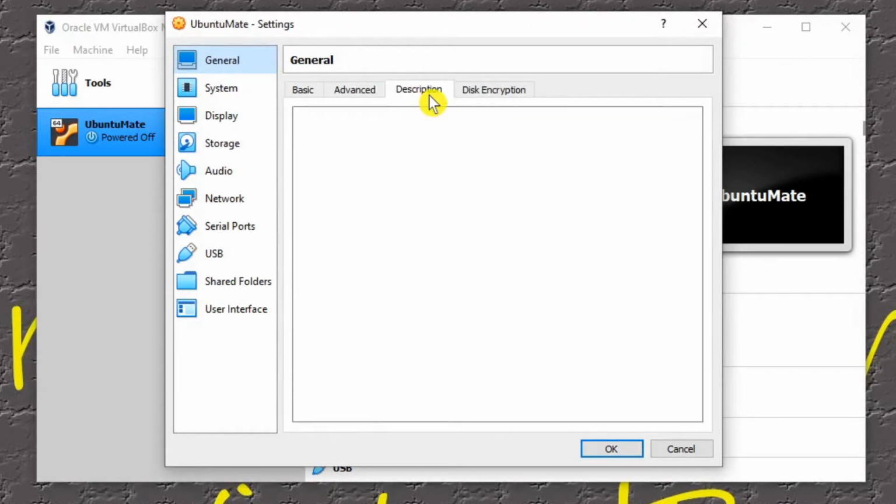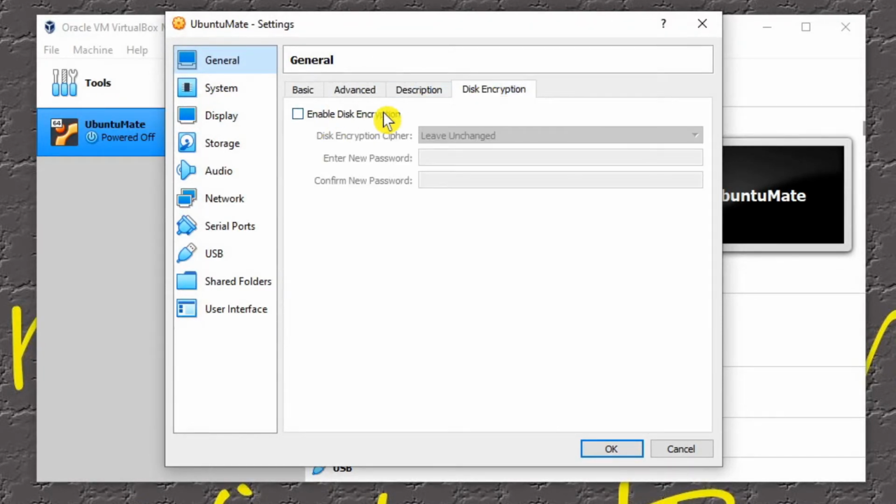The description, nothing in there, that's okay. You can actually encrypt the disk if you wanted to, if it's going to be sensitive data that's on the virtual machine. I mean, if your physical machine's already running disk encryption, this isn't needed because everything's encrypted anyway. But if you're going to run something particularly sensitive in the virtual machine and your main machine is not encrypted, you could encrypt your virtual machine, which would just be as simple as ticking that,